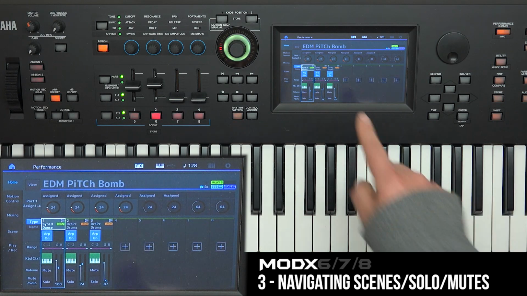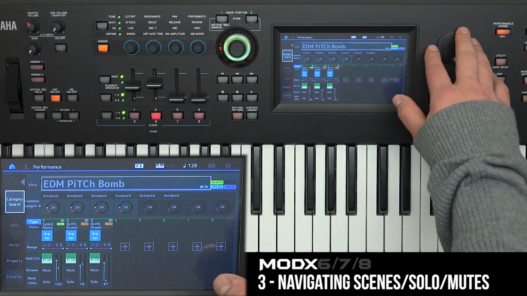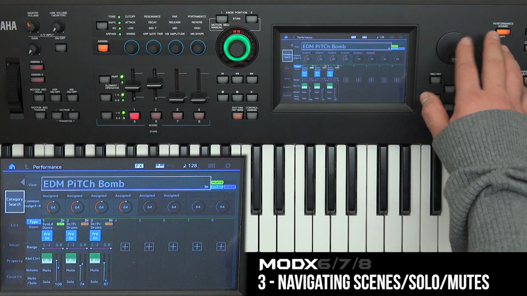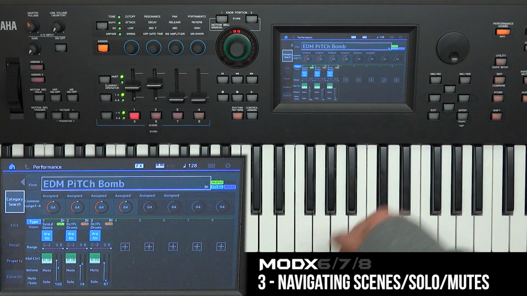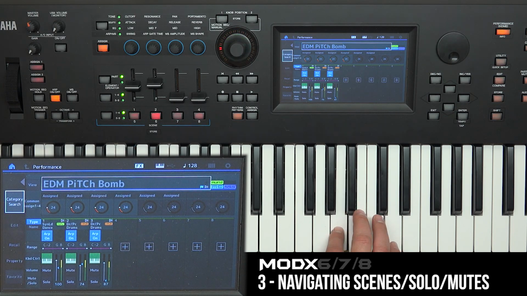So when you first go to this particular performance, let's just navigate away from it and then come back to it, or use the increment and decrement buttons so there's no changes that have been stored in there. It goes back to the way it's preset default. So preset for this one is for scene 1, and when we play the keys there's nothing there. But if we go to scene 2,